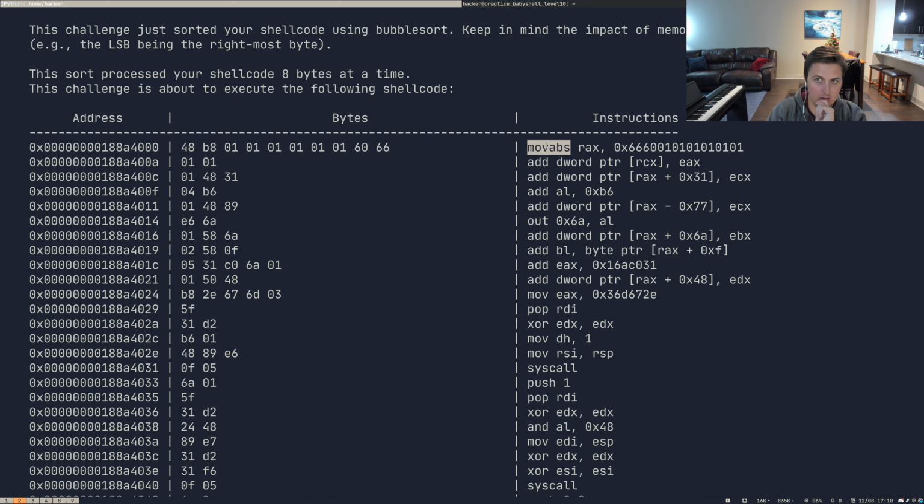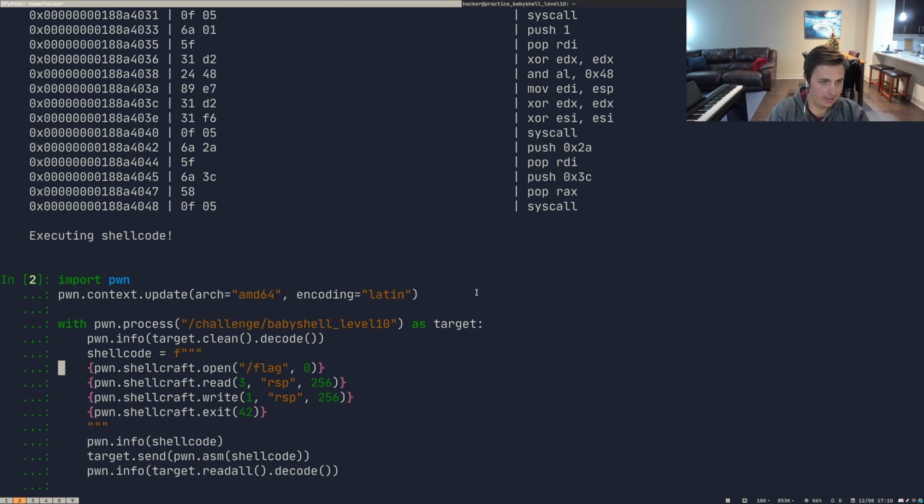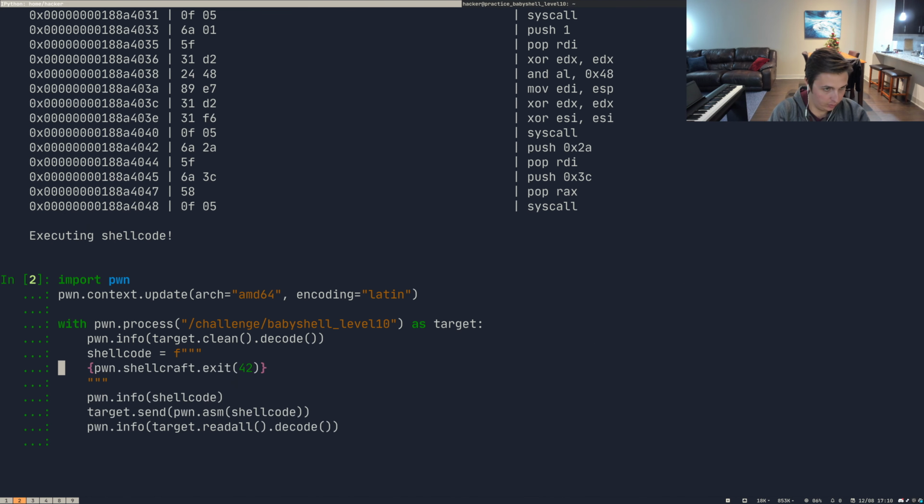Move abs rax this. Okay, so this is more than 8 bytes. 1, 2, 3, 4, 5, 6, 7, 8. Yeah, so let's move like EAX. Okay, so let's just ditch all of this shellcode, because we just wanted to show that, hey, our shellcode is in fact being changed. Let's instead do move EAX